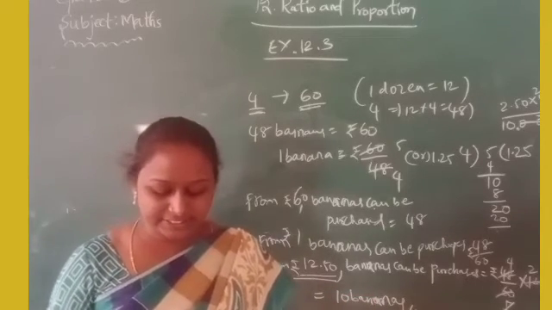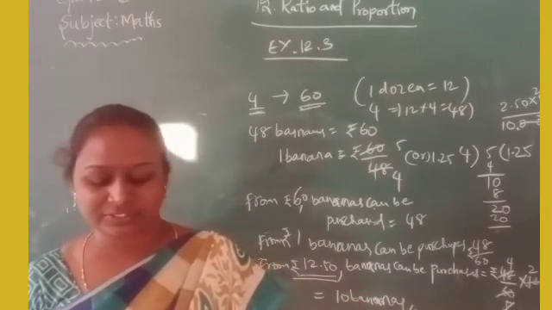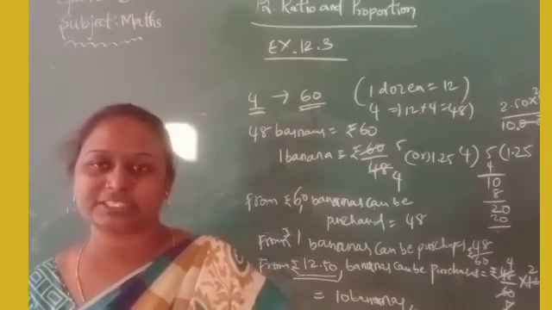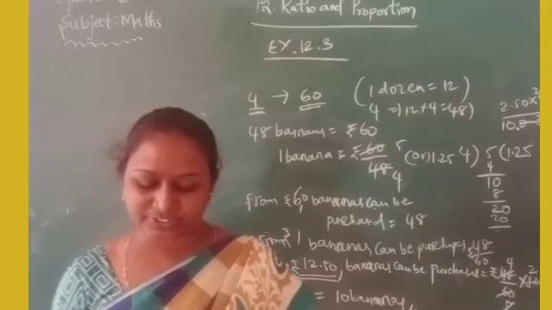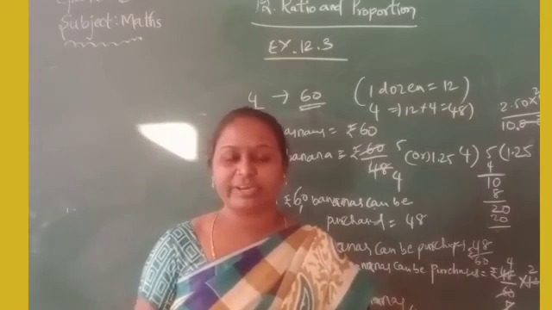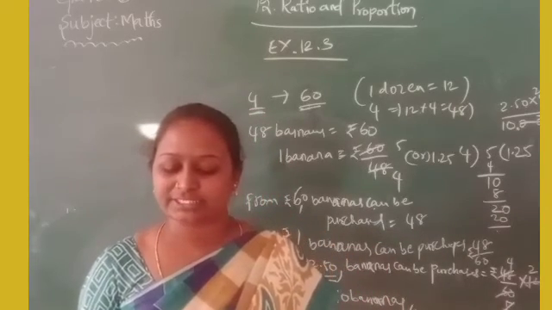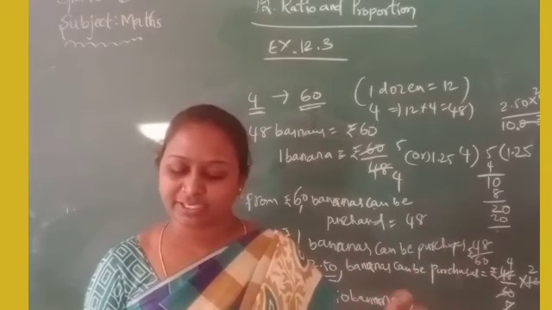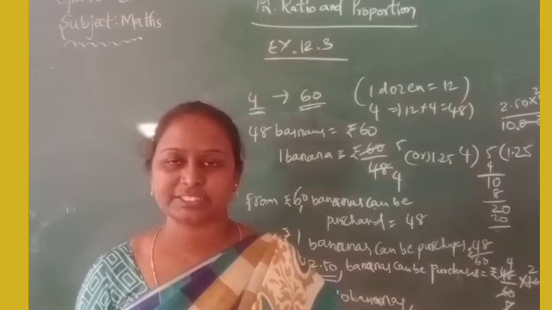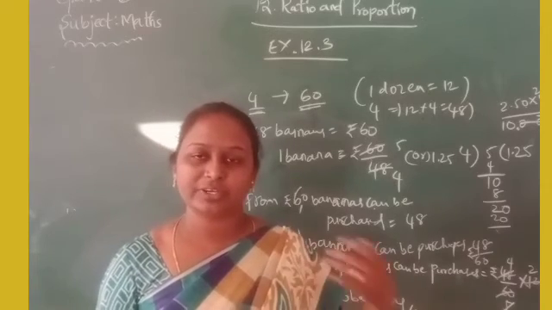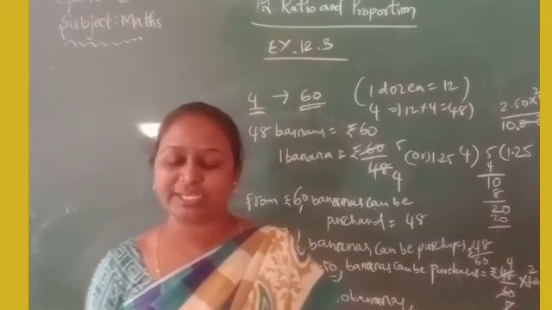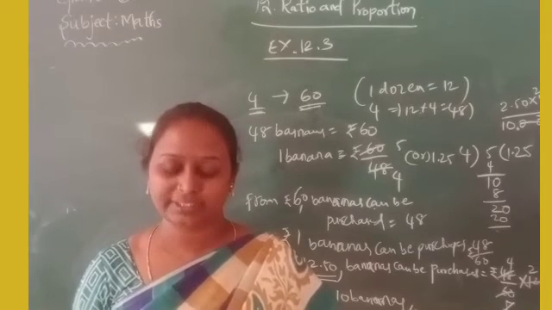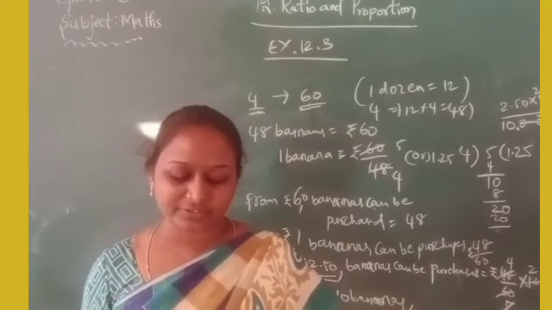Okay. So next, see the 8th question. The weight of 72 books is 9 kgs. What is the weight of 40 such books? 72 books weigh 9 kgs. What is the weight of one book? You can divide for that. Then, how many such books? 40 books. So whatever answer you get, you have to multiply it with 40. You will get the total weight of the 40 books. Okay, this one you have to do.